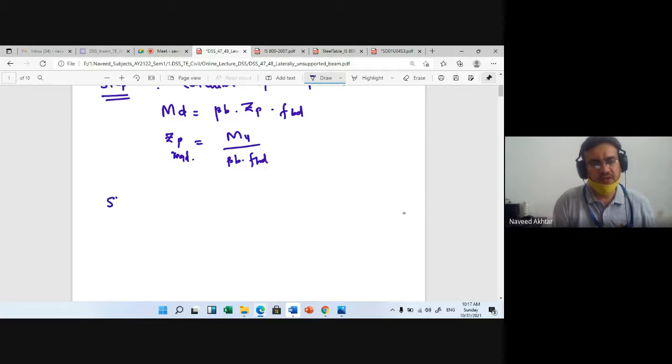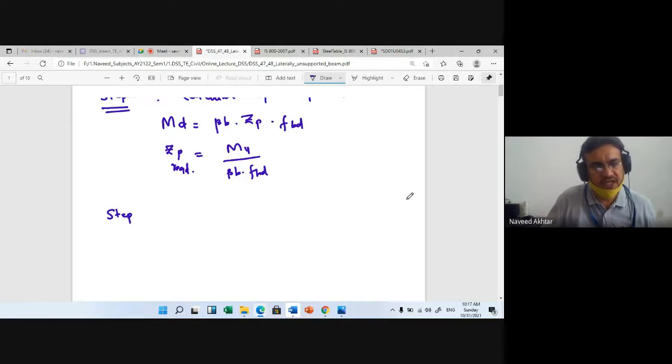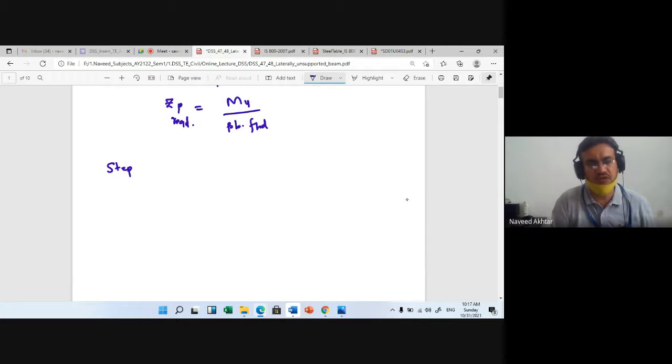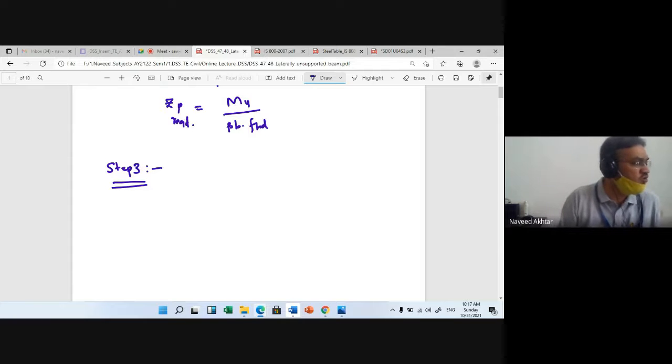And then step number 3, or 4, whatever it may be. If you have to do the IOT calculation, then one step will be increased, and based on that you have to find out the maximum shear force, maximum torsion moment, and the maximum moment on the beam, and you will design for that. Step 3, you have to